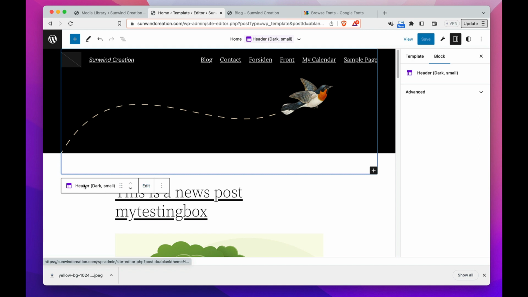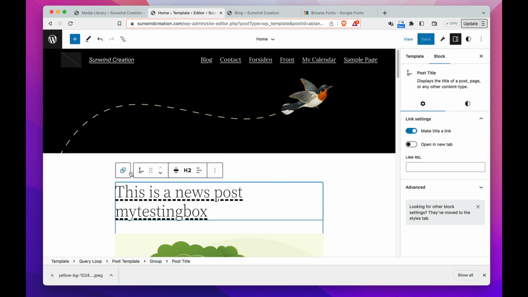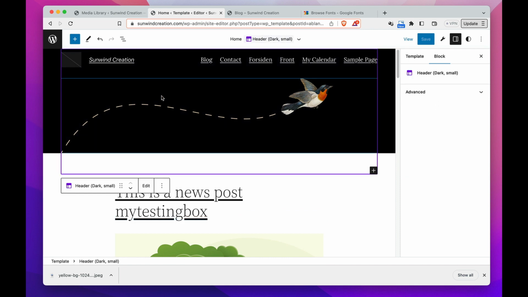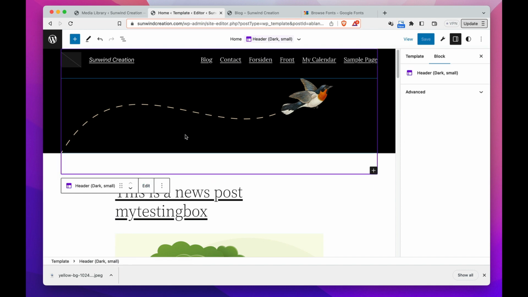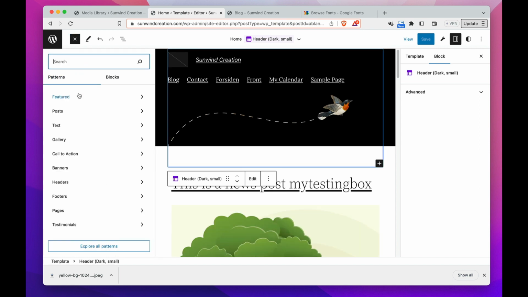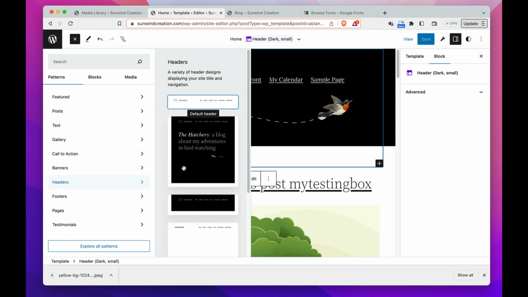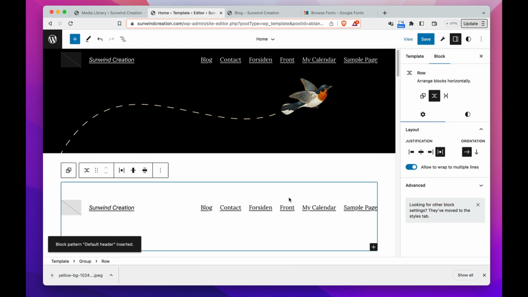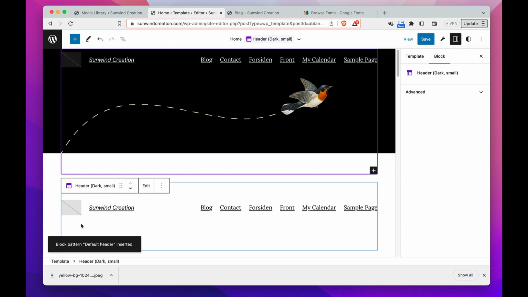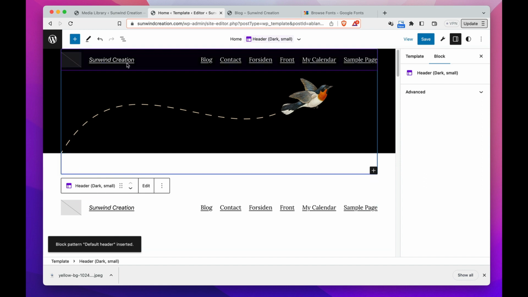Somewhere in here, just as we switch to transform to something else, we can use the transform menu to switch to another pattern. So here, I don't want to delete it. I want to have maybe, here says default. Here, I just added this because I'm wondering if I should delete this whole